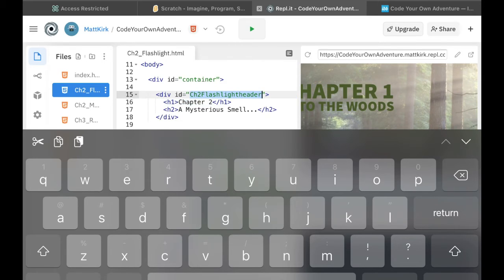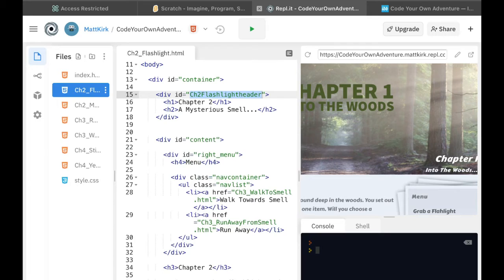And then I'm actually just going to highlight that text with my finger. And then remember with REPL, copy and paste works a little strange. You have to use the functions on the top of your keypad. So I'm going to copy using the icon right next to the scissors there. So I'm going to need that div ID in a moment here. So we've labeled this div ID something else. And now I'm going to go to CSS, my style CSS page,